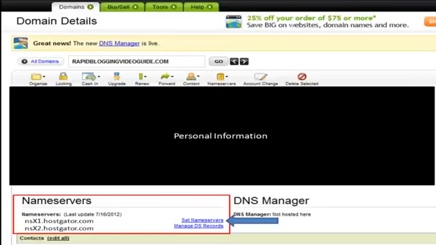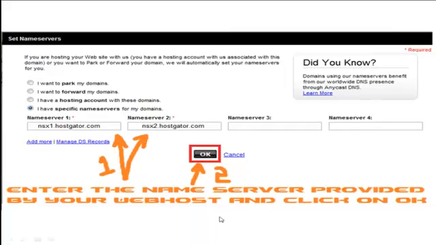Once you have launched the domain manager, it will take you to a similar page like this one, and you'll have a section which says name servers. Now the name servers will either be left blank or will already be pre-filled, depending on your domain name registrar. Now to change these name servers, click on this option which says set name servers. That will take you to a similar page like this one. Now select this option which says I have specific name servers for my domains and enter the name servers provided